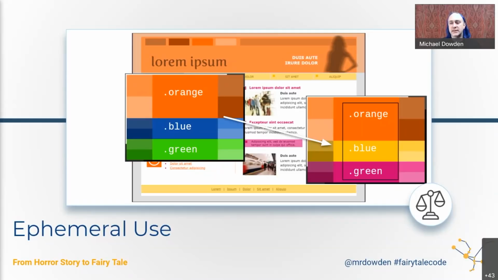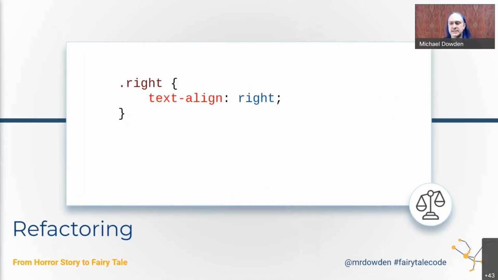And the solution here is, of course, that maybe we should have used names like primary color, secondary color, tertiary color, and then we can use those everywhere freely without giving an indication that it's going to be blue necessarily. Another quick CSS example, and this is a situation where when we want to refactor something, we have to be really careful about how it's being used, and we need to make sure that we write code in a way that it can be refactored.